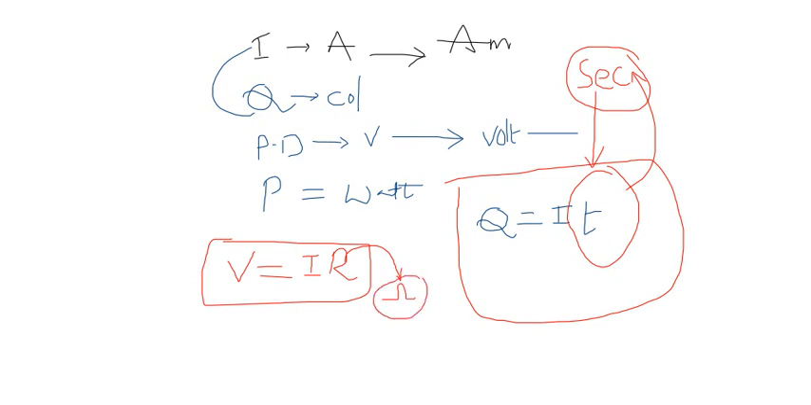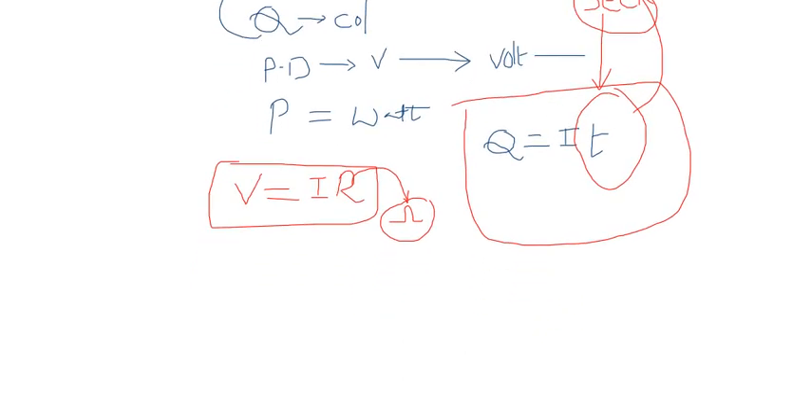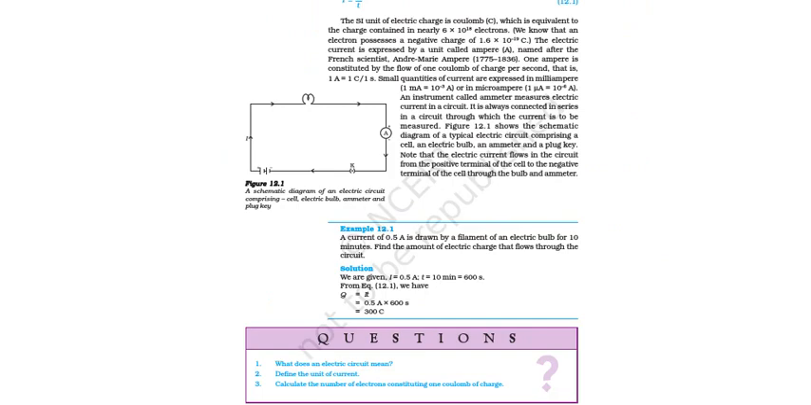One more important thing is work done in the current. Work done is V into Q, potential energy into charge. We will see the work done formula later. Based on what we have completed previously, we will see the questions now. Concentrate here. The important questions are,